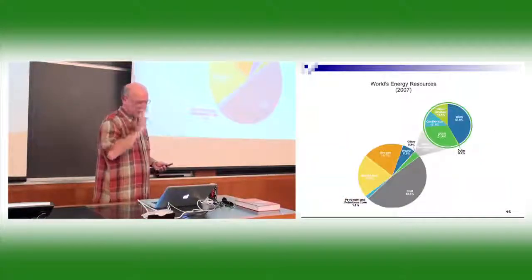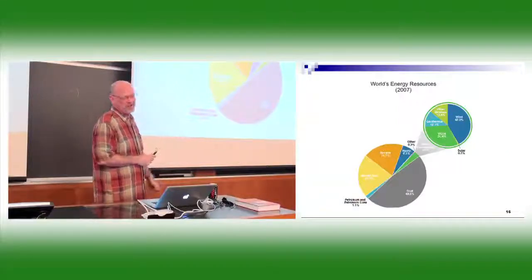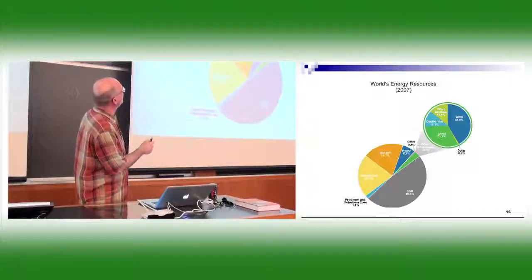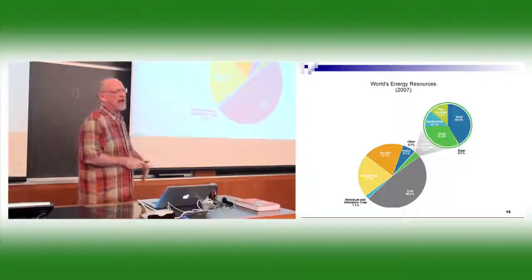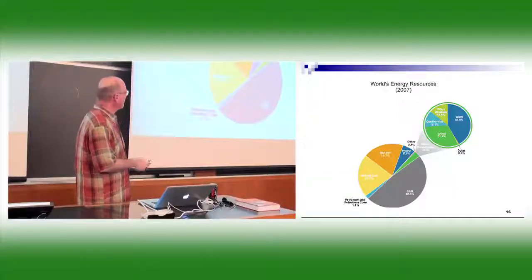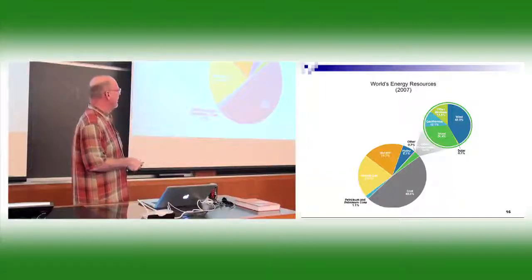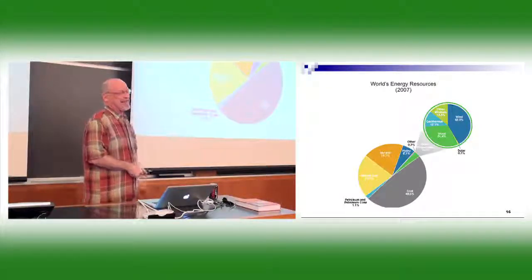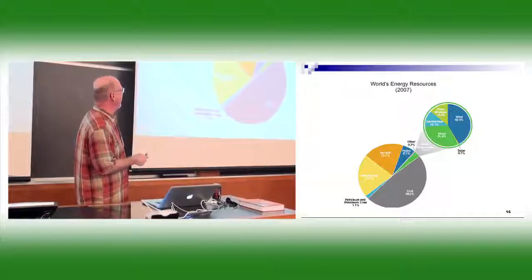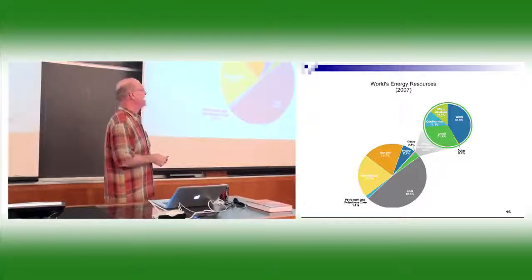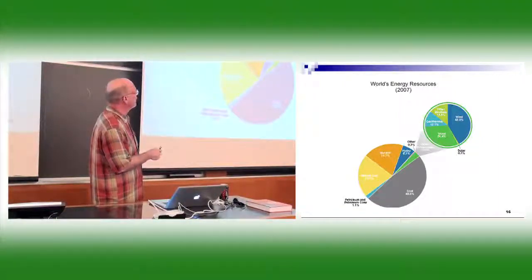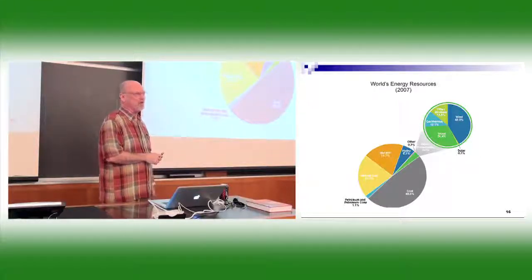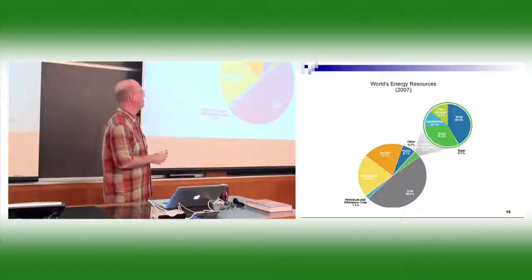I hesitate to show this next slide. It's kind of apples and oranges, and it's hard to make some sense out of it, but there's an important part I want to show. It's world energy resources. Now, it's hard to define what a resource is. Like, here's coal. Man, we got all this coal. We don't have much oil left, right? There's not much oil left, but a lot of that coal is really hard to get to. Same way with the natural gas. There's a lot of natural gas hard to get to, and it's apples and oranges because nuclear, I don't know, is that how much nuclear stuff we have now? There's all the deuterium in the ocean that you could get, everything. But